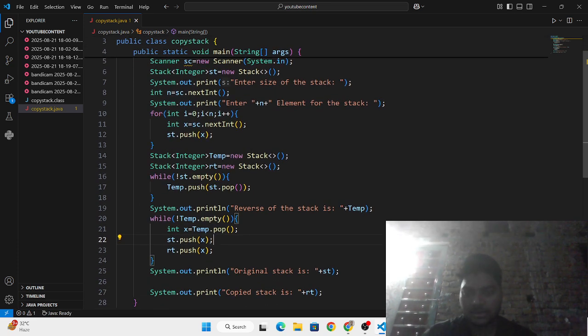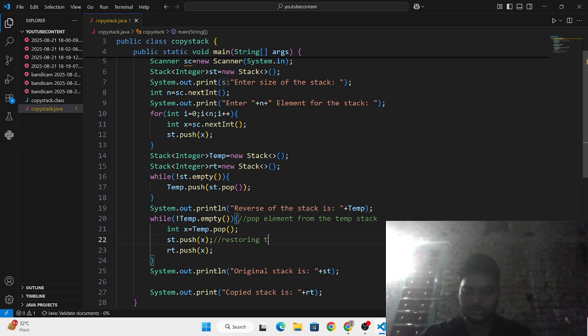Okay. So actually I am going to write, don't worry. What I'm doing is: pop an element from the temp stack and restoring the original stack, this line.